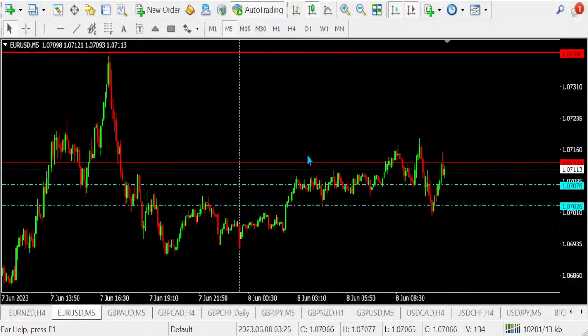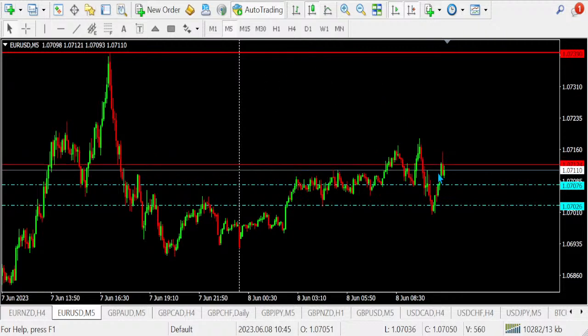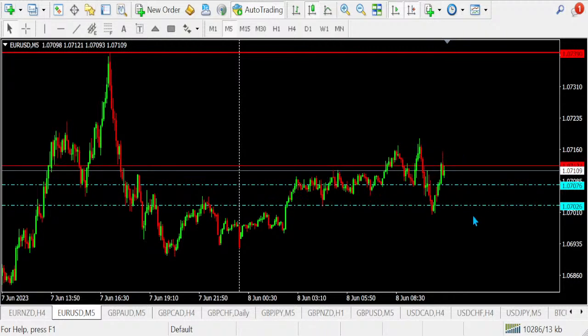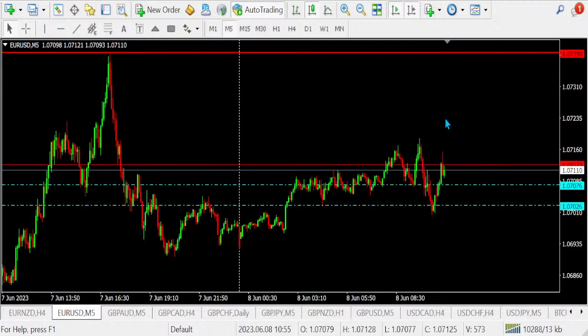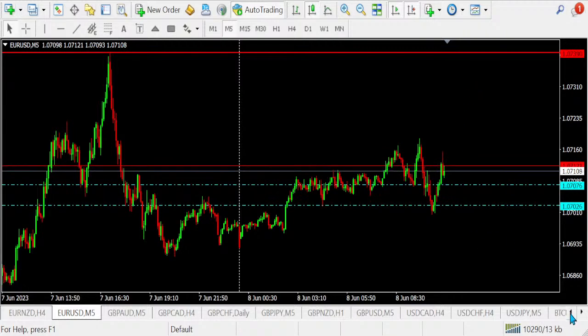So for euro dollar, we are also stuck in this area here, waiting for it to test onto the resistance. If the resistance is able to hold, it should be coming back down for selling. Of course, if it doesn't, it breaks above, then wait for another round of support, then you go for a buy trade. So that's for the euro dollar.